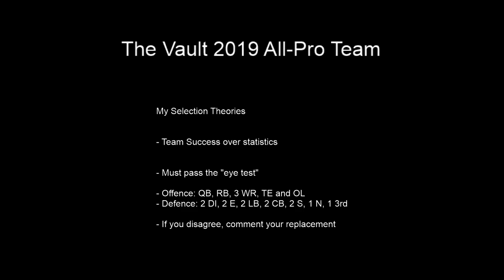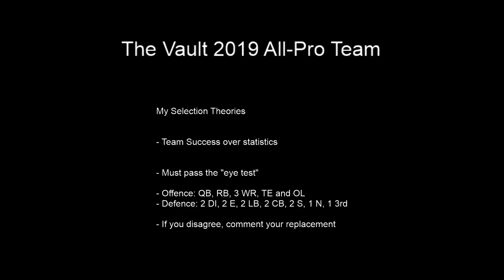On defense, I went a little bit different. There's a couple of extra players. With schemes, I don't like saying I'm a 4-3 or a 3-4 because I think that takes away guys. So what I do is go with positional areas: 2 defensive interior guys, 2 edge defenders, and 2 linebackers. If you want to know how I categorized them, I used Pro Football Focus. Wherever they had guys ranked in their positional series, whether interior defensive linemen, edge players, or off-ball linebackers, I went off that.